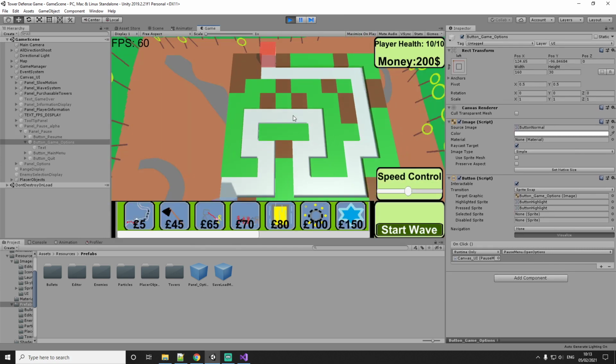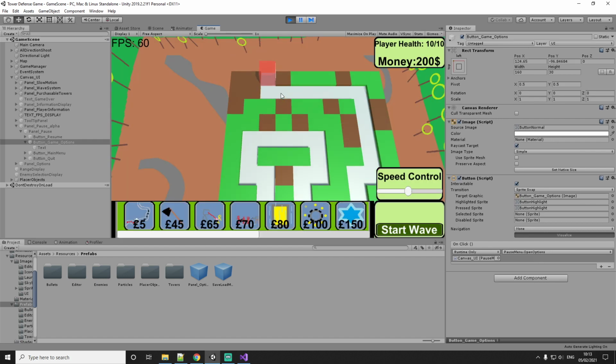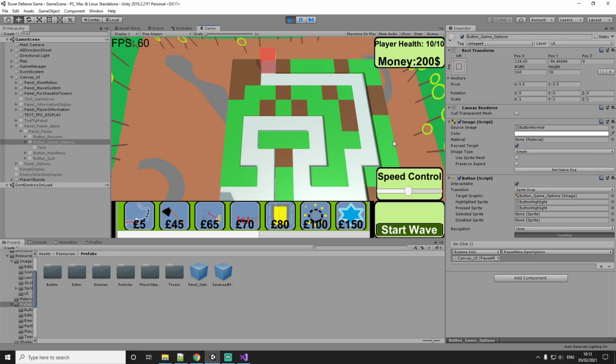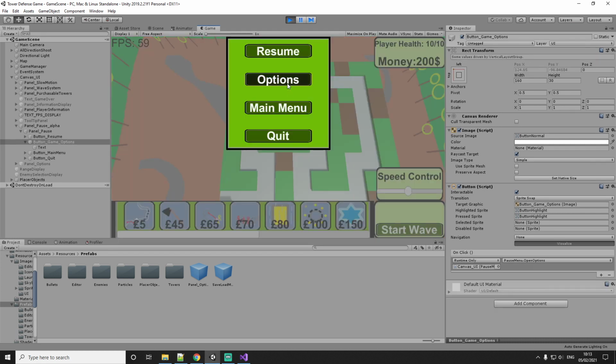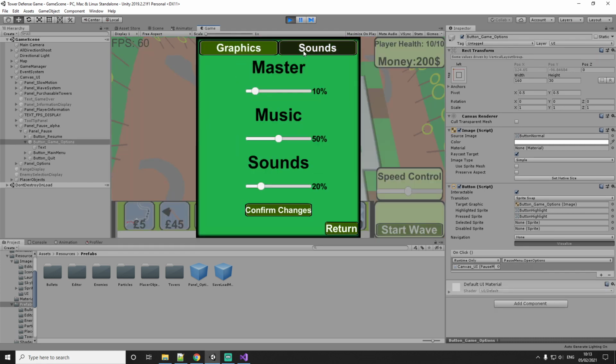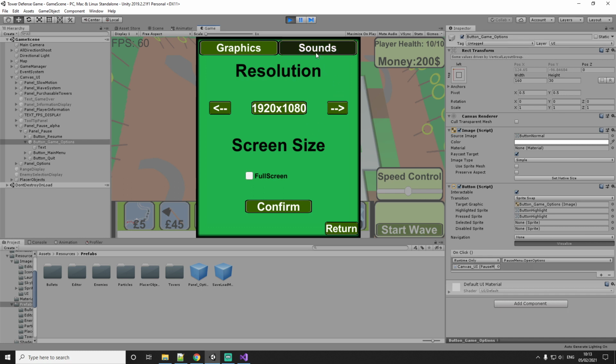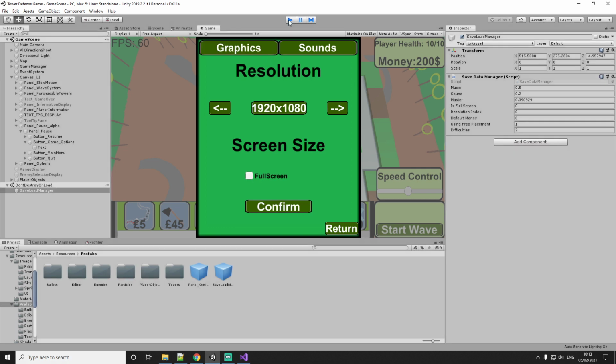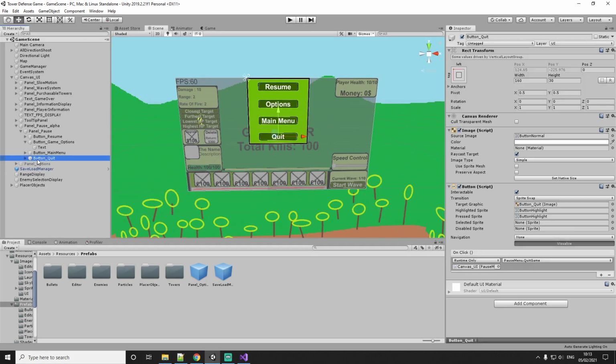Actually, one thing I'm going to add is I'll freeze out the camera movement when we press escape. Oh, it's already frozen. There we go. So we do have access to it. Now let's open this object here and see if it works properly. Yes, it does, but this button shouldn't work now. Yeah, it doesn't. The reason why this button doesn't work is because we now have to